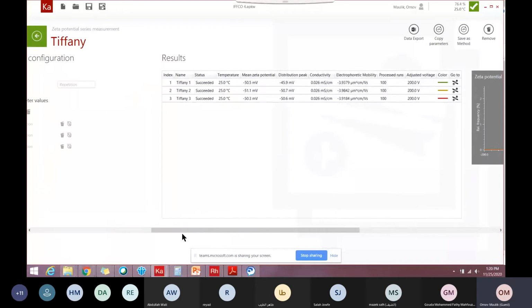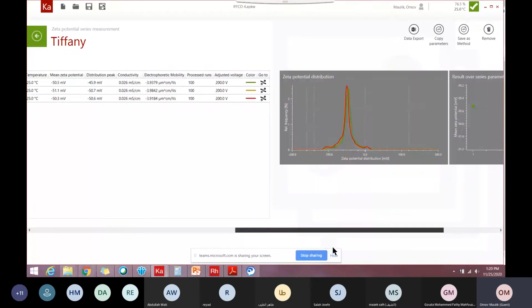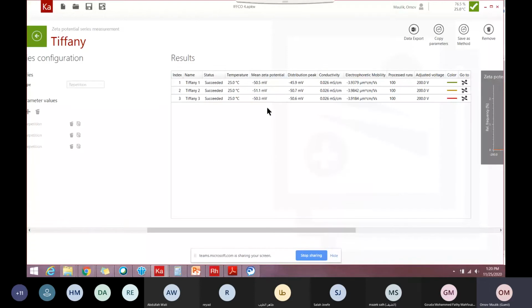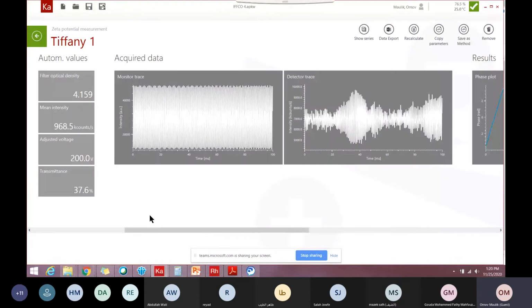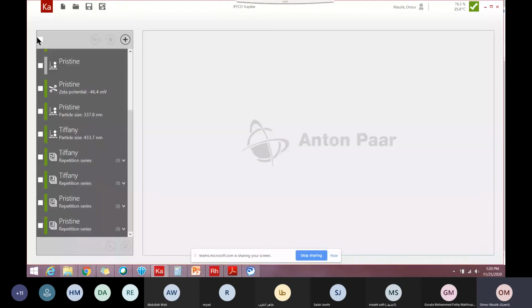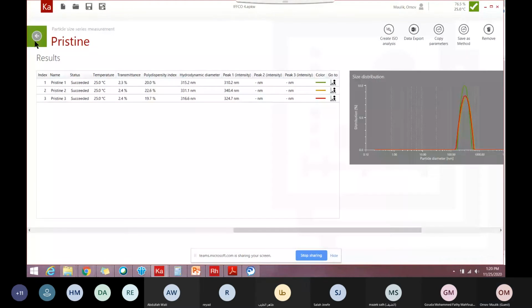Here you can see for this particular brand of cream, the mean zeta potential is around -50, which shows that the cream emulsion, meaning the fat globules in a cream, is pretty much stable in this case, because the magnitude itself is around -50 millivolts. That means the higher the magnitude, the more stable it is. Similarly, another brand of cream is this one.